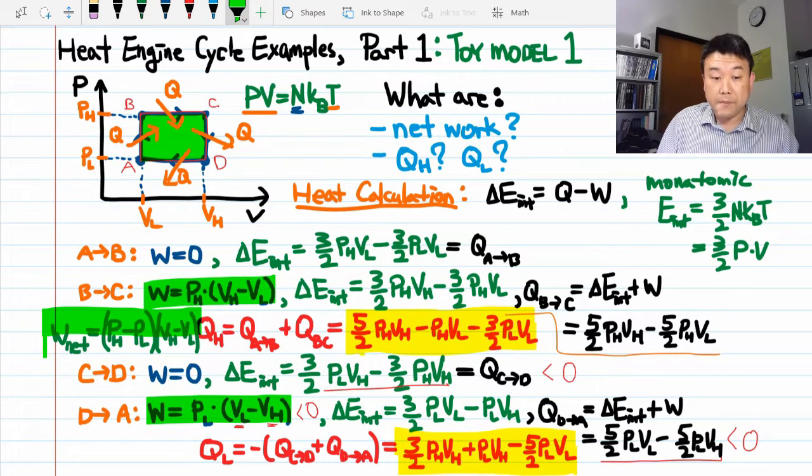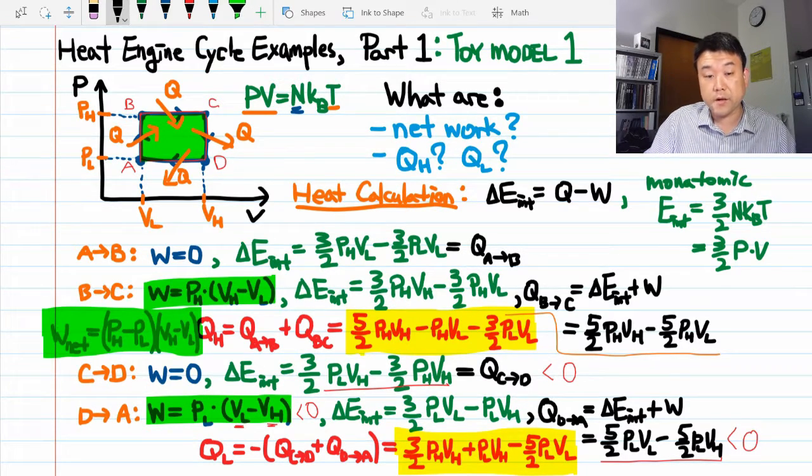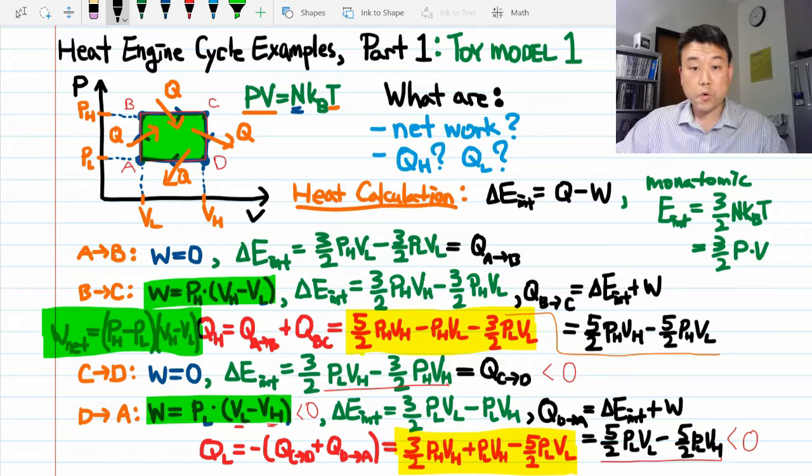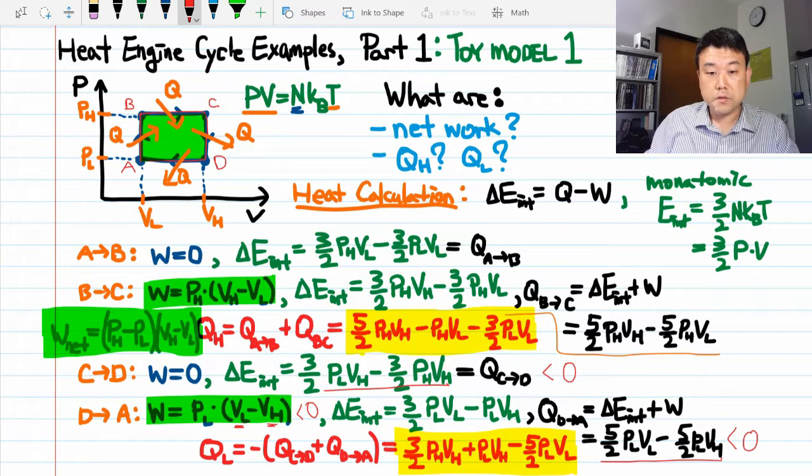This is probably what many of you guessed a while back when we talked about the area enclosed by the curve being the net work done. So with these results, there are a couple interesting things you can do. I will leave you to do one of them and I will work out the other in this video. One of them is, this is what we would claim based on conservation of